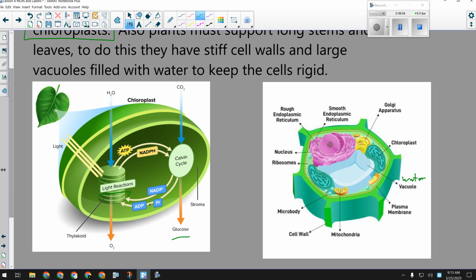The water vacuole inside pushes against the cell wall, and that's what actually supports the full leaf of the plant. The green leafy parts of the plant are supported by that. Obviously, if you're talking about a big old tree, the trunk is something different. We'll talk about that more in the plant unit. That's not water vacuoles, but the leafy parts of the plant are supported by the water vacuole and the